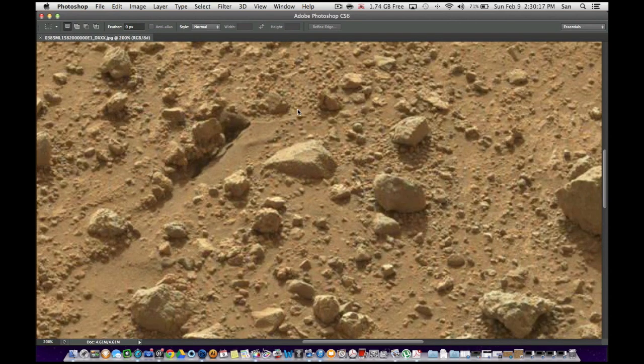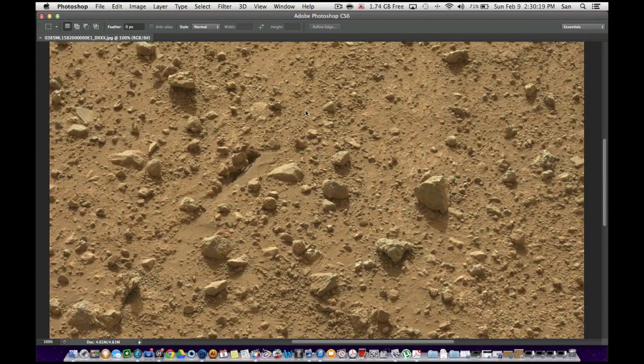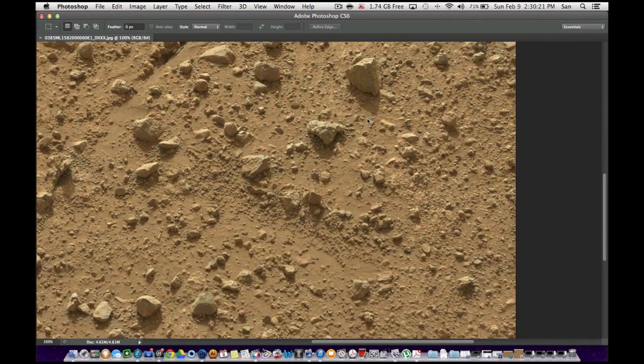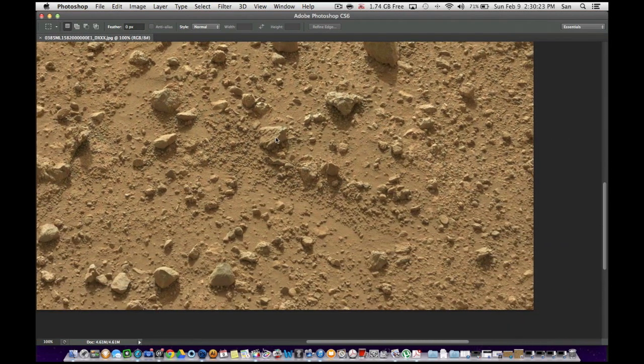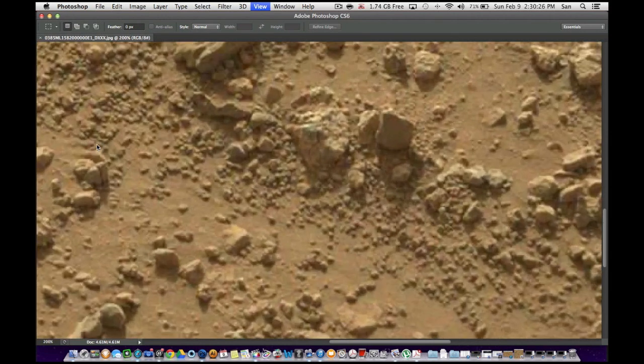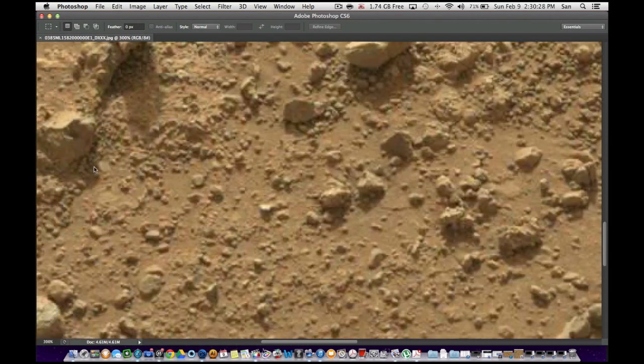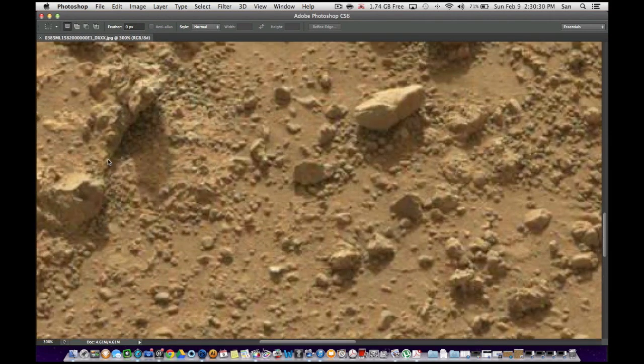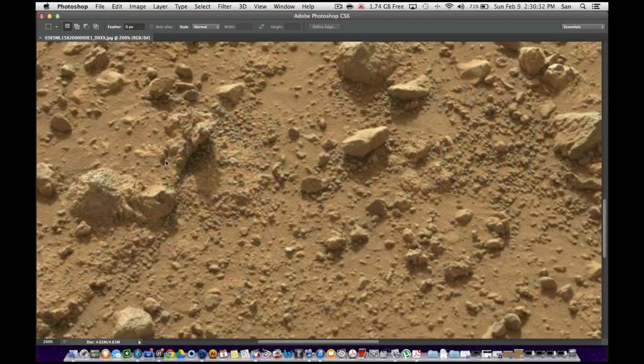Now, that's not it. I'm going to show you some more, and I'm going to give you some more evidence that is going to let you know that there is water on this planet. Look, here's another one. I can't believe this. Look at this. I'm sorry, I can't go too far with the zoom because it's just going to deteriorate the picture. Okay? See this right here? This rock? Underneath here is a hole.